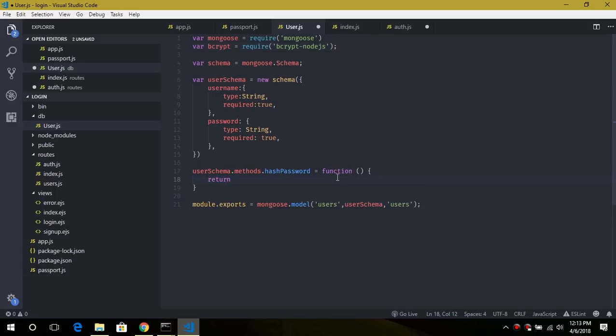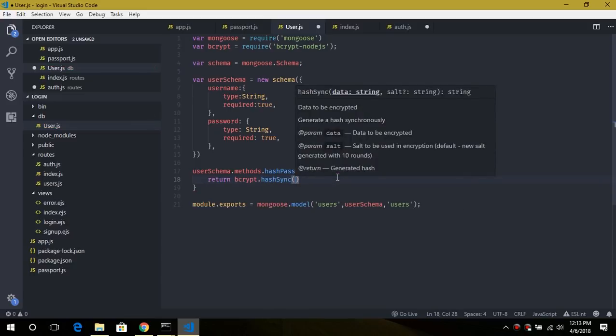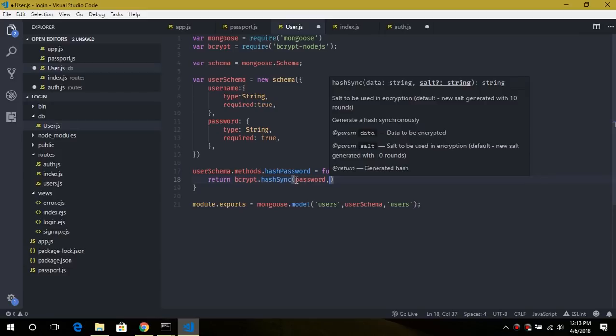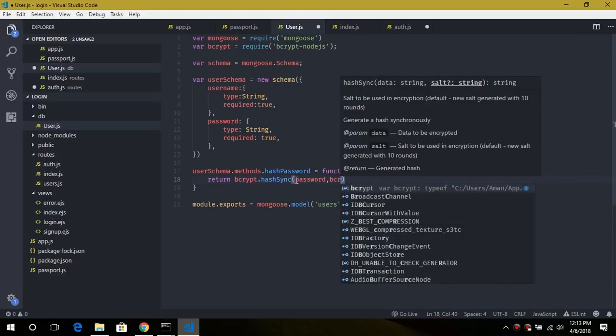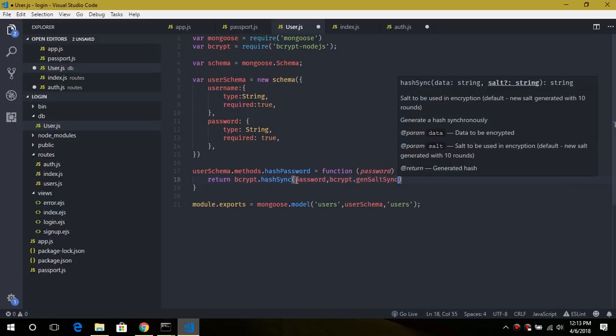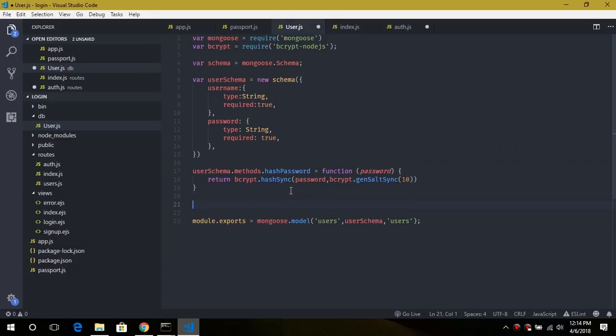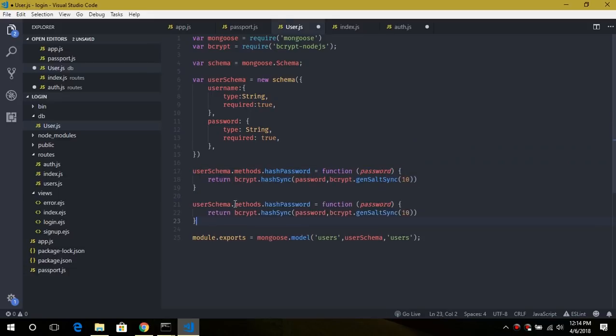This function returns the value which will be bcrypt.hashSync, which is a synchronous function to hash our password. The first parameter is the data string, which will be say password, and the salt string, you can generate a salt using their function, which is bcrypt.genSaltSync, and the default rounds is set to